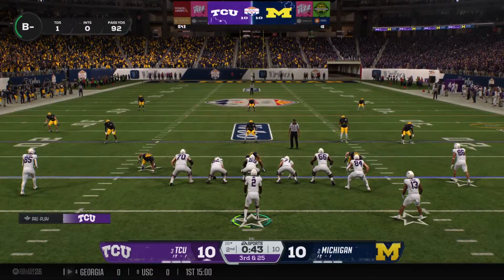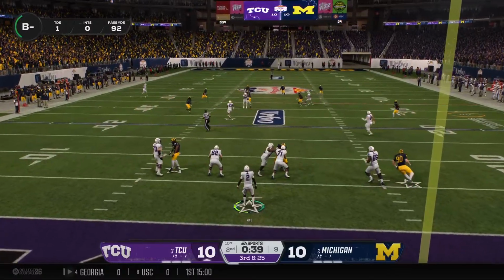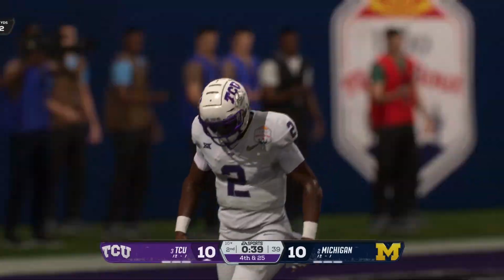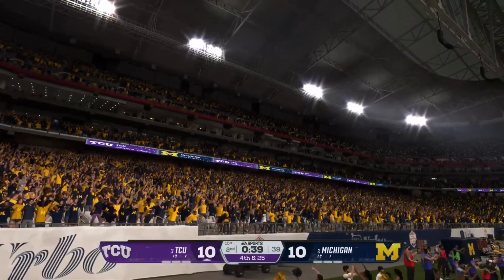Motion by the back will make the defense adjust. Looking to throw it on third and very long. Incomplete for a good straight play. What a hit there on third down. The timing was perfect, and now we got to...